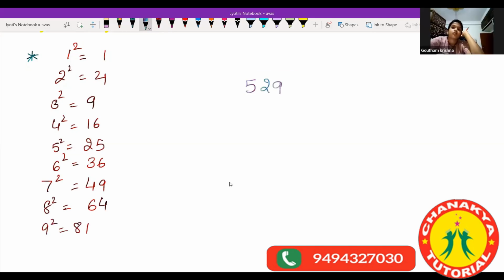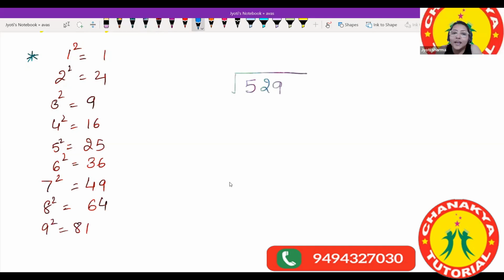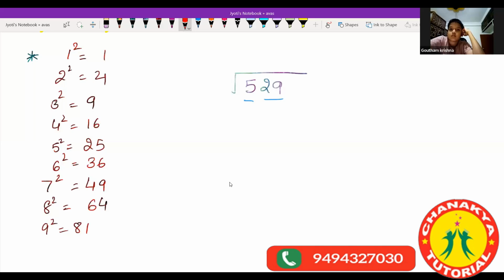Let's take the question 529. You need to find the square root of this. Starting from the right side, you will make pairs of two digits. Like in the first pair, starting from the right side, in the first pair there should be